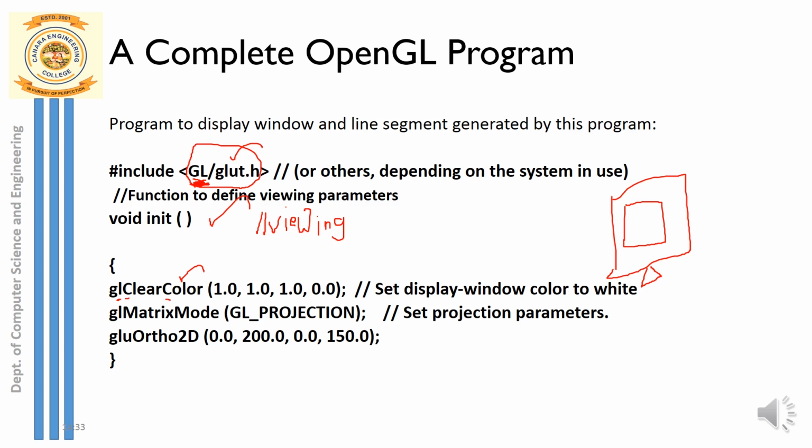So how exactly do we set the color for the background of the display window? That is by using the glClearColor function, and the parameters that we pass to this function are, the first one red, R, the second parameter green, the third parameter blue, and the last, fourth parameter you call alpha. RGB stands for red, green, blue. So what values can we set for red, green, blue? The value ranges from 0 to 1.